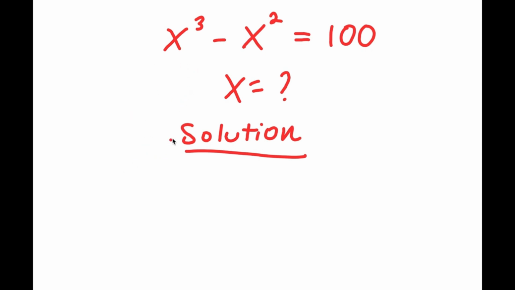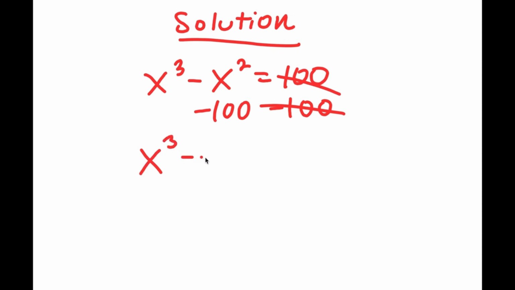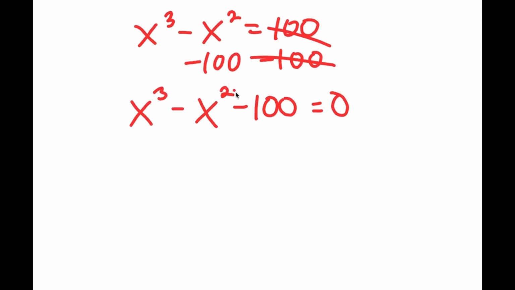I'm going to rewrite my equation down here so I have a little more solving space. So I have x to the power of 3 minus x squared is equal to 100. And now I'm going to subtract 100 on both sides as my first step. So now I get x to the power of 3 minus x squared minus 100 is equal to 0. From here,